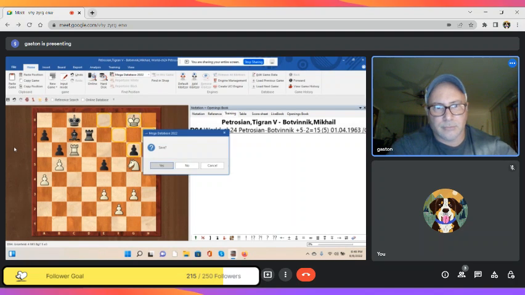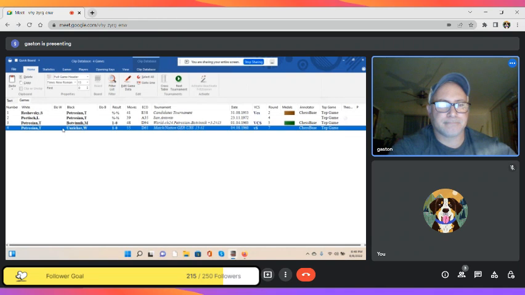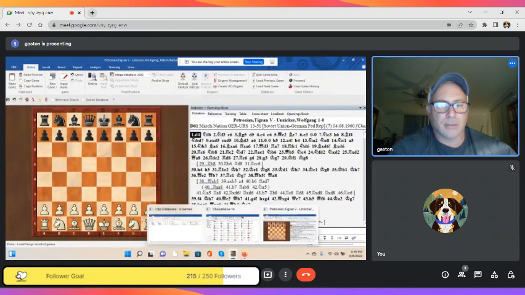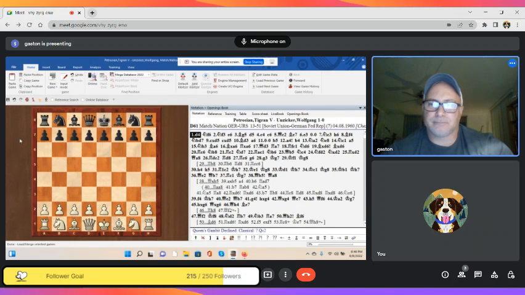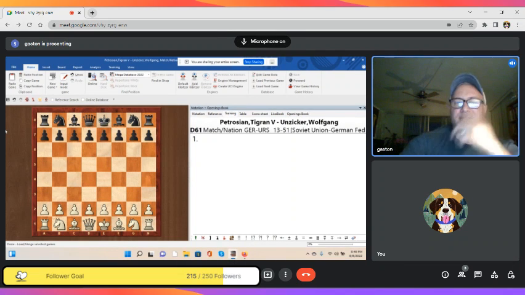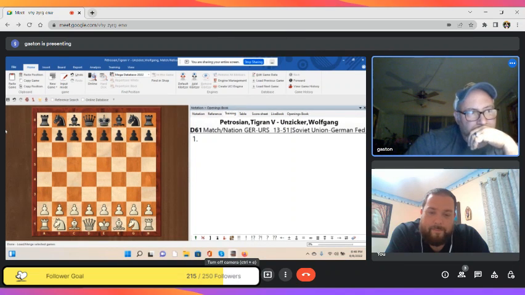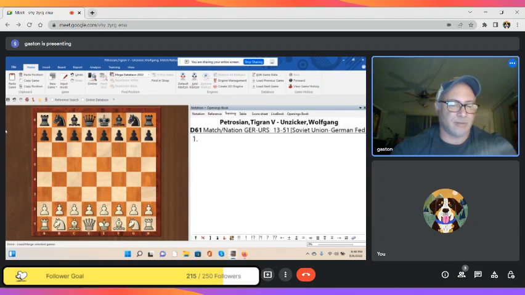So the next game is Petrosian versus Unzicker in 1960. This is my favorite Petrosian game. Beautiful, right? Yes, a thing of beauty. This kind of game, for me personally, is like falling in love